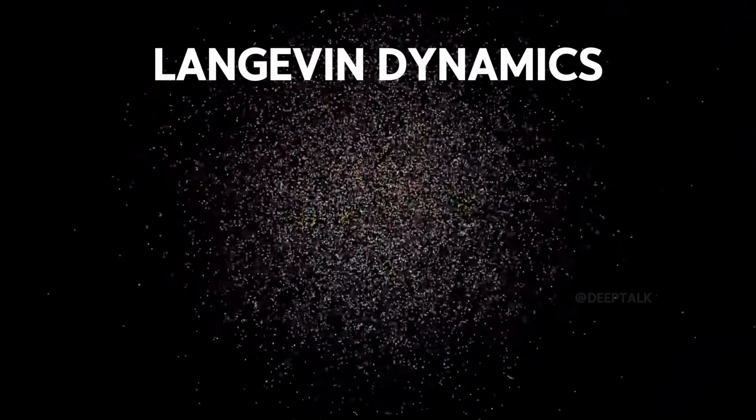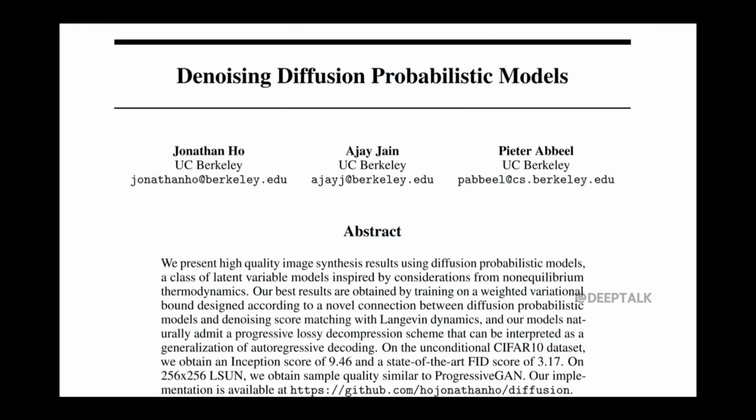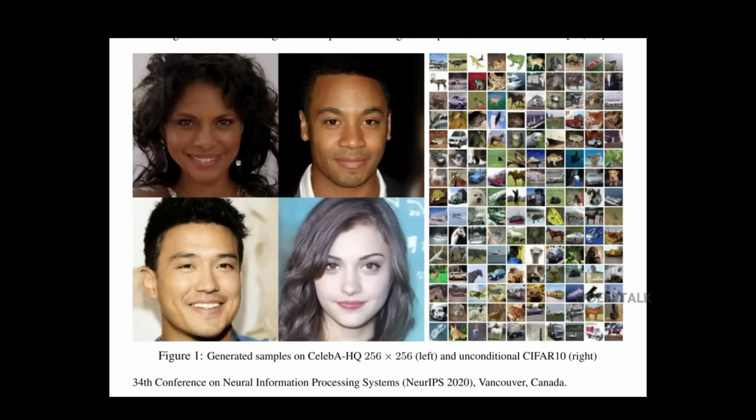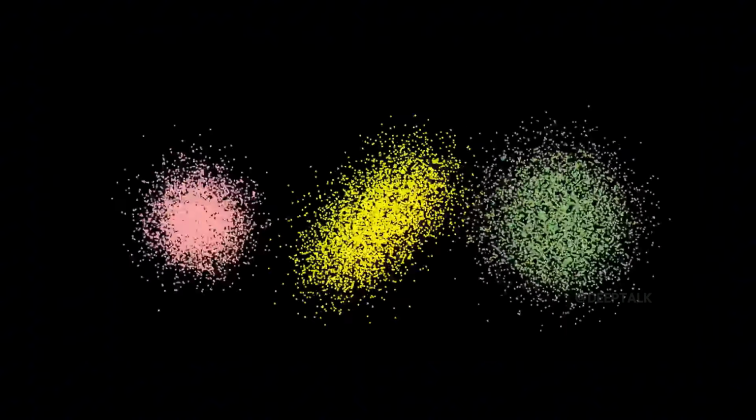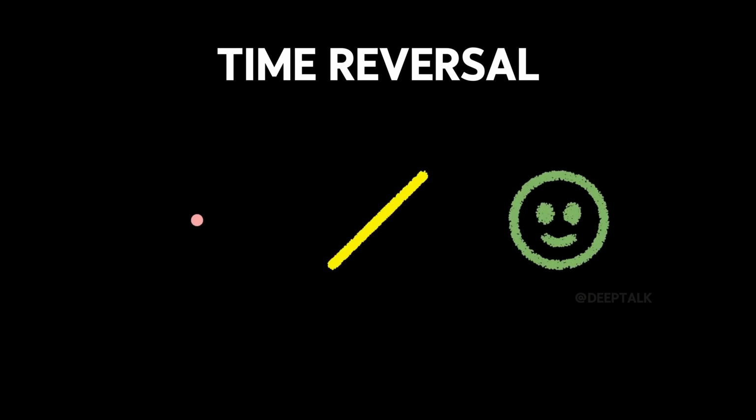The diffusion process itself isn't surprising. It's just a natural mechanical process without purpose. In physics, studying diffusion is known as Langevin dynamics. However, in 2020, a groundbreaking paper creatively utilized the diffusion process to develop an image generation algorithm, now known as the diffusion generative model. If I had to sum up its key principle in one word, it would be time reversal. To understand how diffusion models generate images, imagine all particles starting from a single point, and then gradually spreading